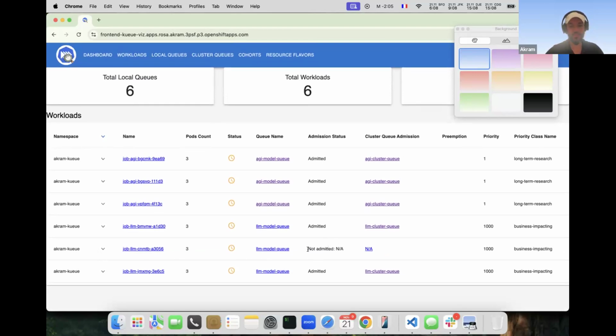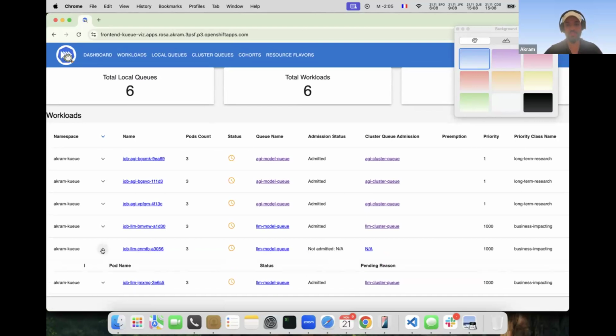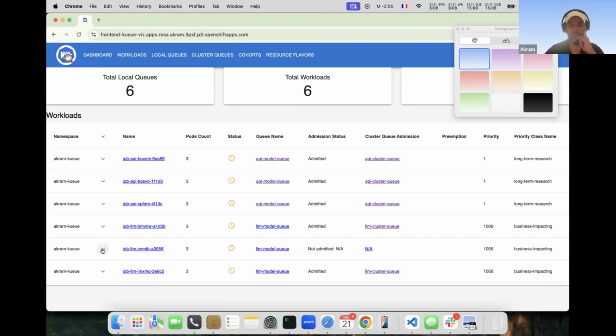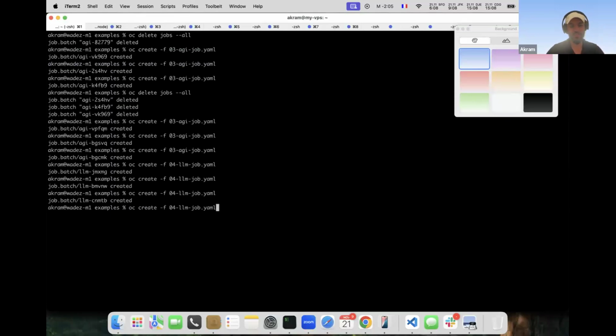Yeah, something is happening here. So the jobs here cannot be created, and normally there should be some preemption happening. I don't see that, but maybe I'm doing something wrong with my demo. But yeah, for the last case, which is using another type of cluster queue, it's what I call